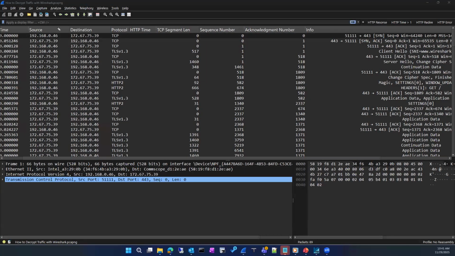So this is your source and this is your destination, right? As we discussed, it's a 4-tuple connection. So it goes with this random port number, trying to establish a connection on port 443. First is your TCP connection, then comes your TLS,